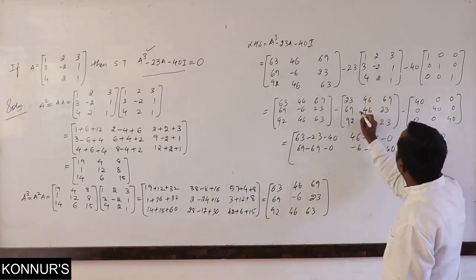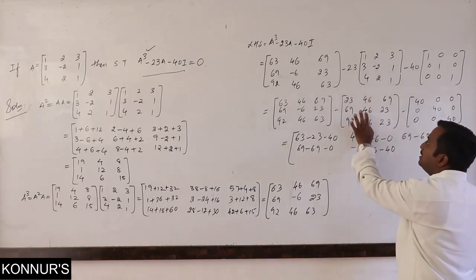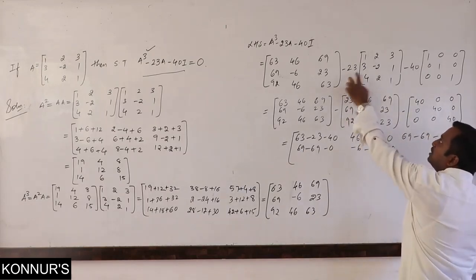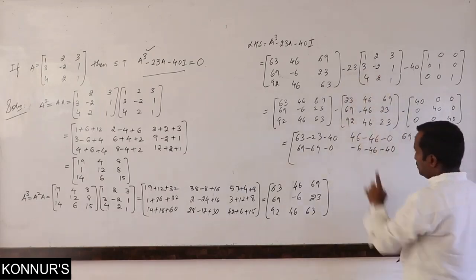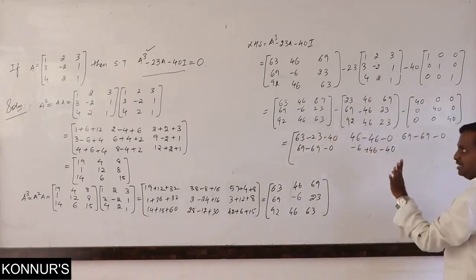23 into minus 2 is minus 46. This is the mistake I made. Okay, be careful. 23 into minus 2 is minus 46. So it becomes minus into minus, plus 46. Then it is correct. Next,